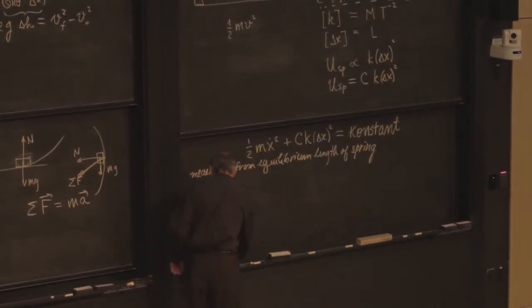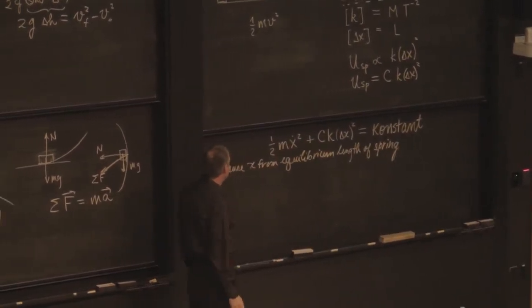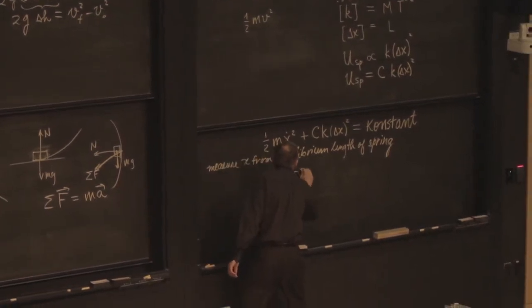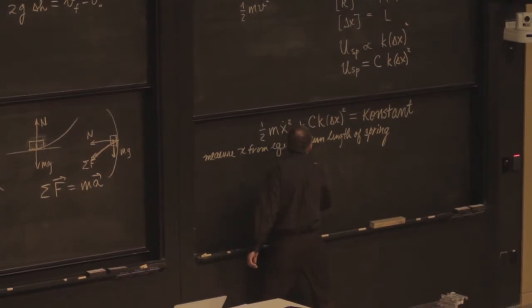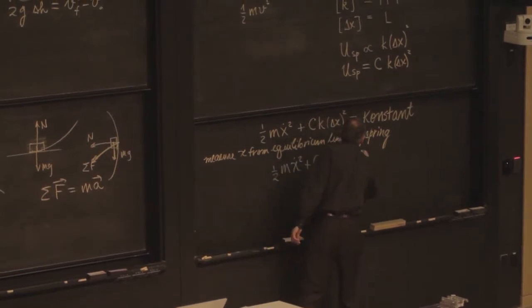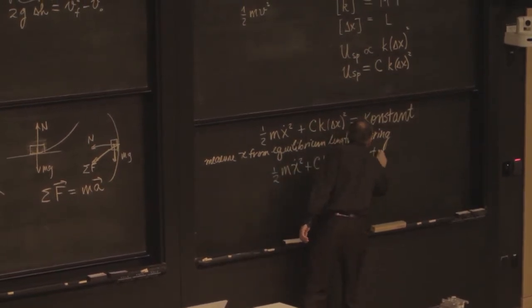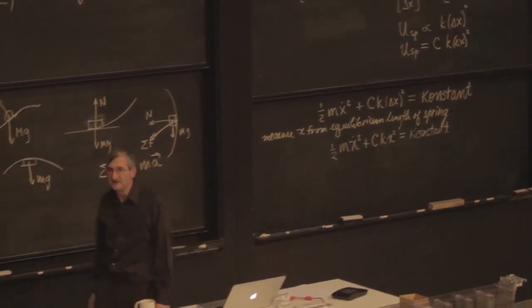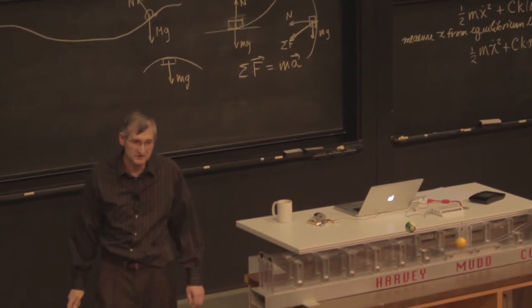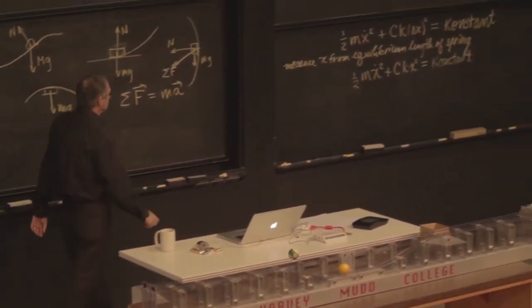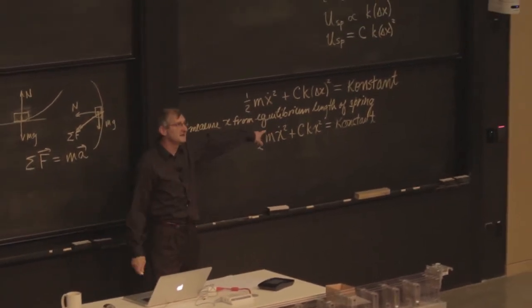So if I do that, then I would have 1/2 m x dot squared plus some unknown constant c k x squared is equal to that constant over here, which we could get basically from the initial velocity, right? Because all the energy initially was kinetic, so I could just set it to 1/2 m v naught squared. If it's a constant, then,